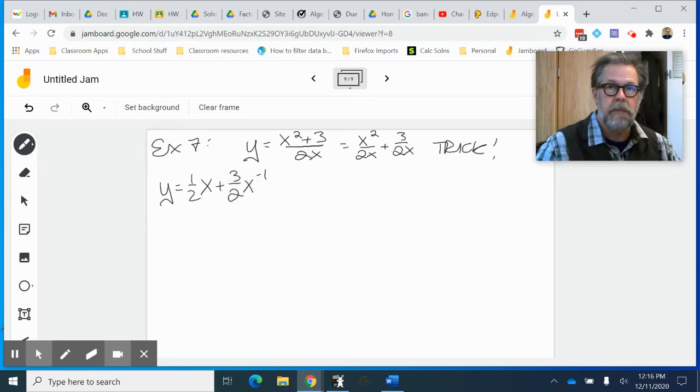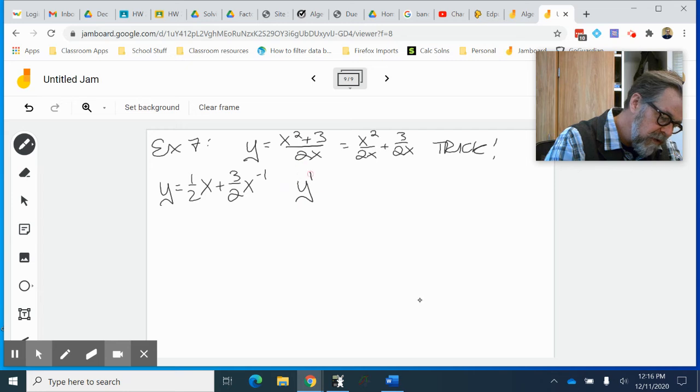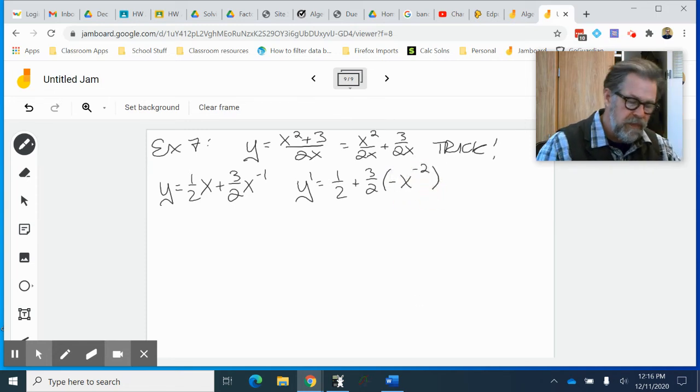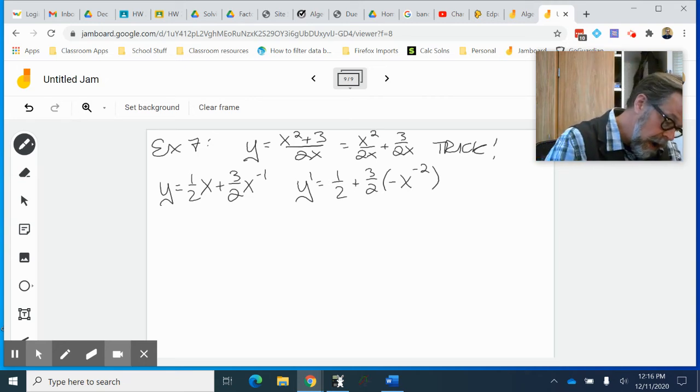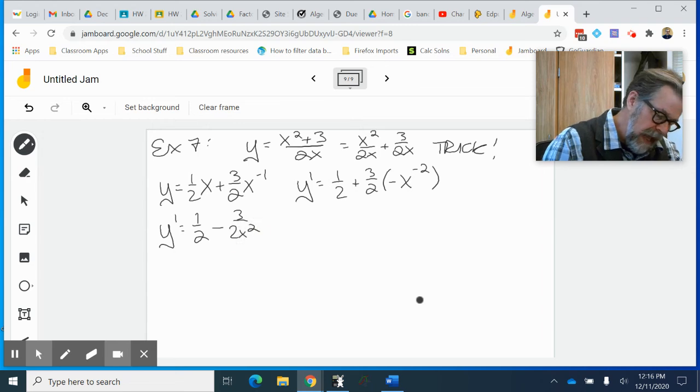And now I can use the power rule. The derivative of this function is 1/2 plus 3/2 times negative x to the negative 2. And this is why I say write it as a power, because otherwise it's hard to use the power rule. The derivative, rewriting this, is equal to 1/2 minus 3 over 2x squared. And the problem is actually find the equation of the tangent line